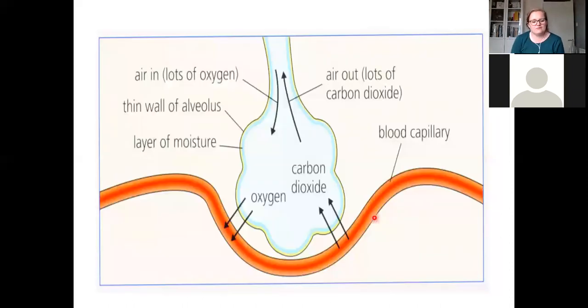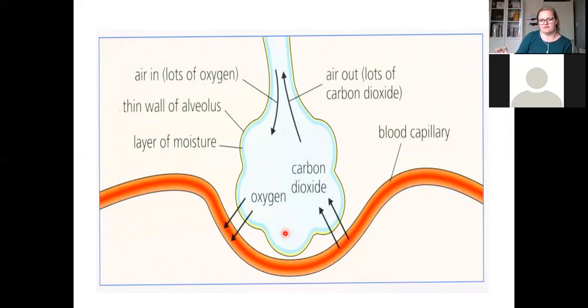Here we go. So we've got a really simple image of an alveolus and our blood. We've got our blood capillary, we've got our blood traveling down, and our carbon dioxide is going to diffuse out. Our oxygen is going to diffuse in. So we've got air out. When we breathe out, lots of it will be carbon dioxide, but some of it will still be oxygen that we're breathing out. Air in, lots of it will be oxygen. Some of it will actually still be carbon dioxide that we're breathing in a little bit of as well,